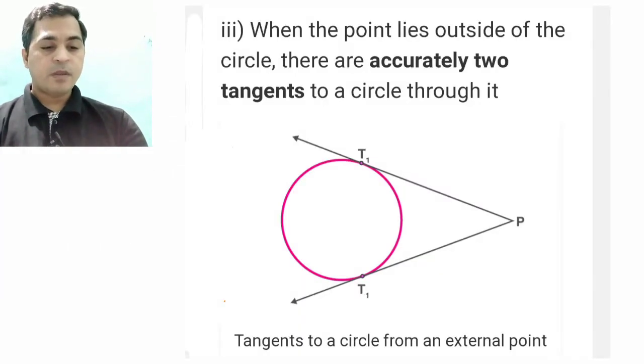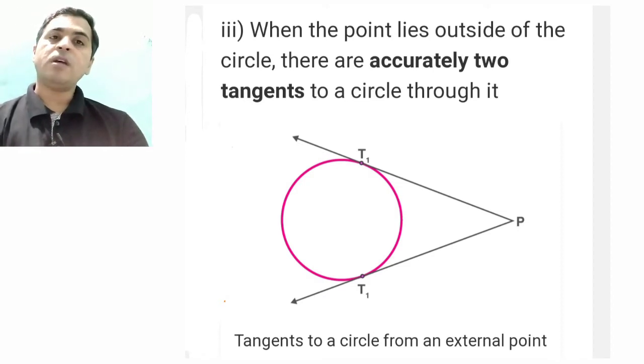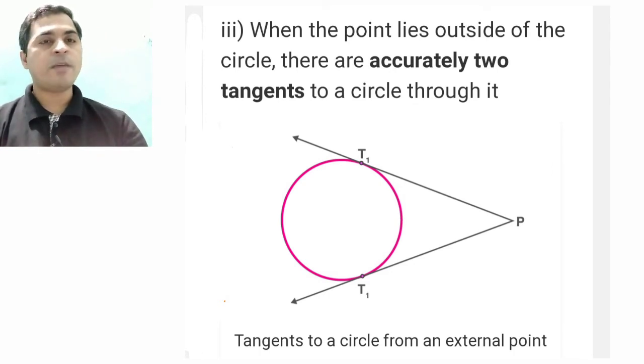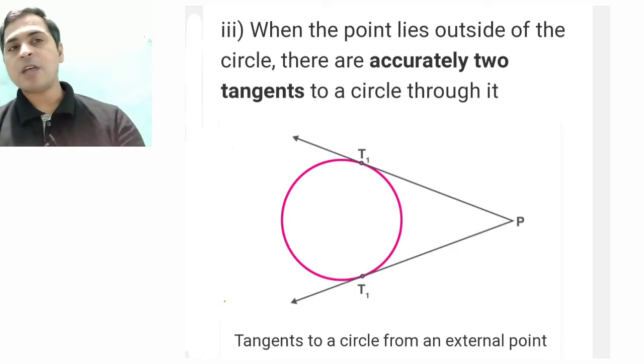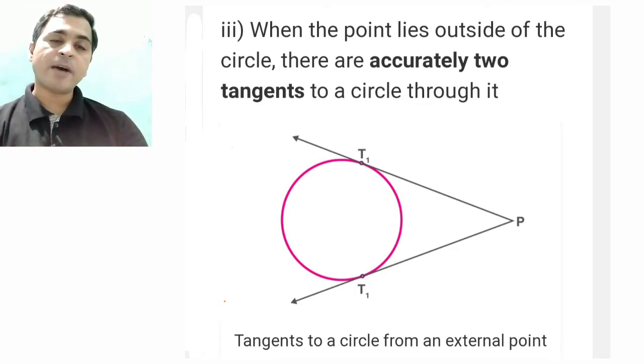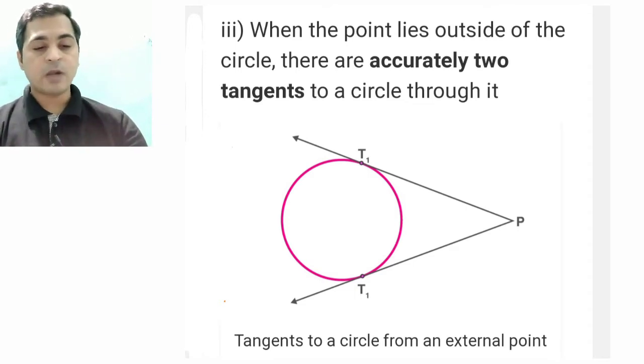So when the point lies outside the circle; in the third case we have discussed the interior. If the point is in the interior of the circle, how many lines can pass? One line passes, and that line is not a tangent, that line will be a secant. If the point is on the circle, a line passes, that is a tangent, right? If the point is outside the circle, how many lines can pass? Obviously two lines can be passed, which means there will be two tangents to the circle, right students? So you can see in the diagram.